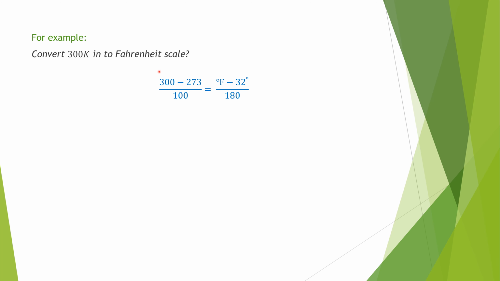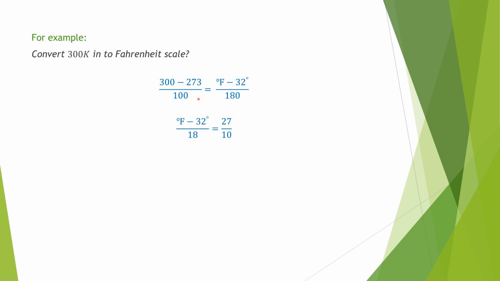Using the formula, we have one scale that is Kelvin, and we have to convert it into the degree Fahrenheit scale. So for that, temperature on one scale, that is 300 Kelvin, minus lower fixed point of that scale, that is 273, divided by total number of intervals between upper fixed point and lower fixed point, that is 100, is equal to degree Fahrenheit temperature on second scale minus lower fixed point of that scale, that is 32 degrees, divided by 180. Or I can write it as degree Fahrenheit minus 32 degrees upon 18 is equal to